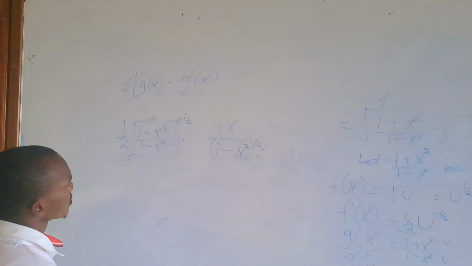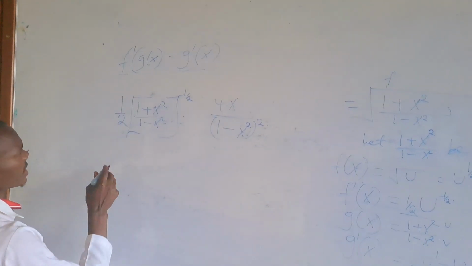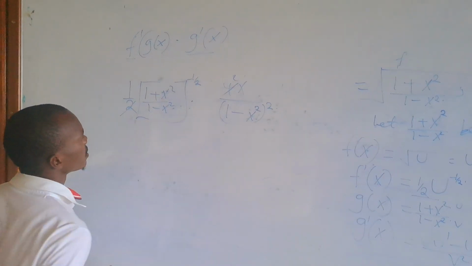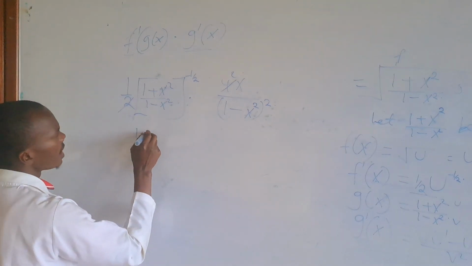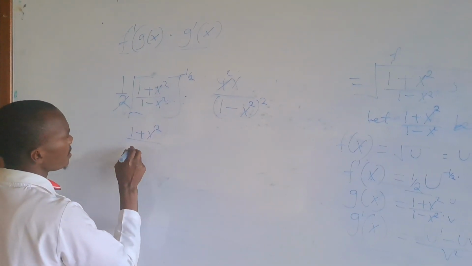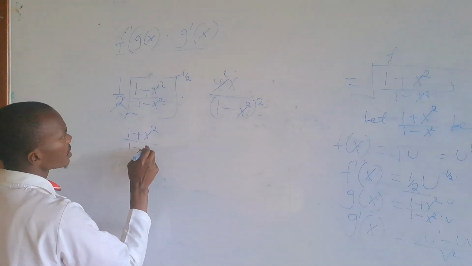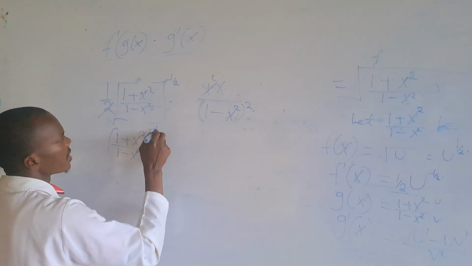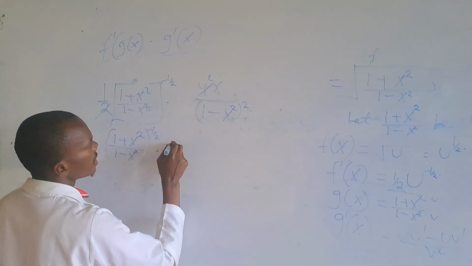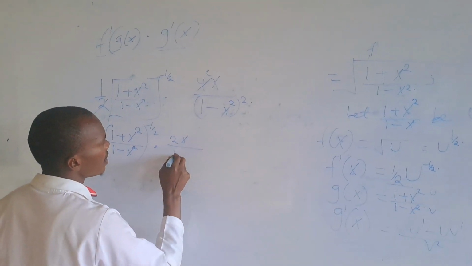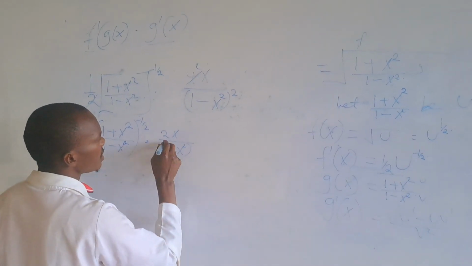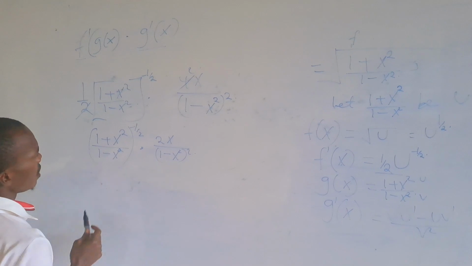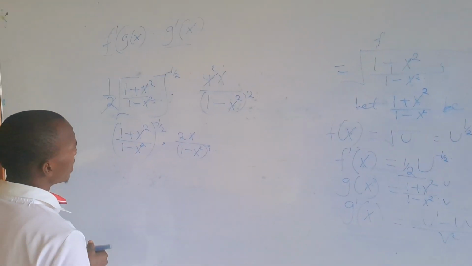So this one, you can realize that this will also cancel that one 2 times. So therefore we remain with 1 plus x squared over 1 minus x raised power 2. Then this one is raised power negative a half. Then we multiply by now 2x over 1 minus x squared, then we square that. So from here we can say that